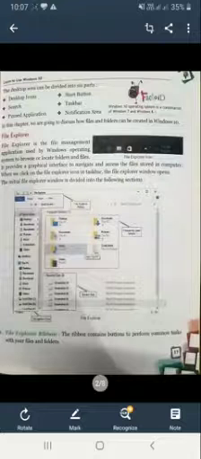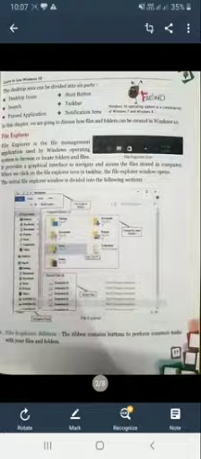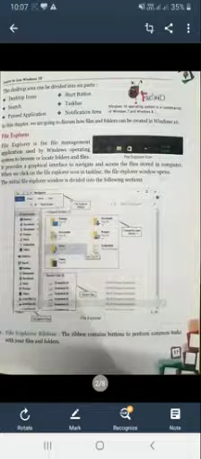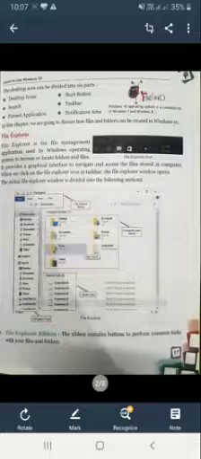Now come to the next point, File Explorer. File Explorer is the file management application used by the Windows operating system to browse or locate folders and files. File Explorer means if you want to locate or browse some file or folder, you can use this.